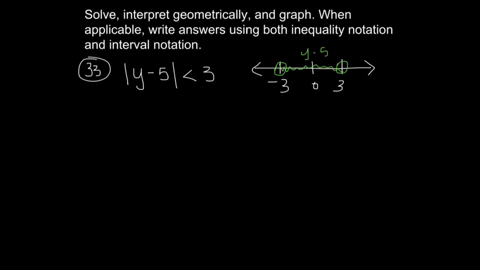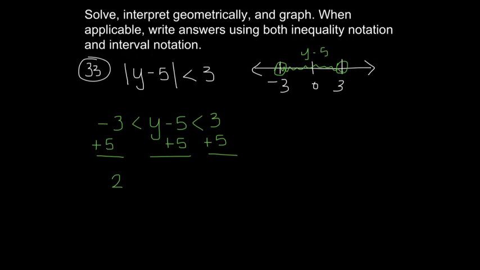To set this up as an inequality, this tells me that negative 3 has to be less than y minus 5, and y minus 5 has to be less than positive 3. So y minus 5 has to be between negative 3 and positive 3. If I solve this compound inequality, I would add the 5 to all 3 sections. Add 5, add 5, add 5. Negative 3 plus 5 is 2, is less than y, which is less than 8. This time I'm talking about solutions that are between the numbers 2 and 8. So anything that's a number between 2 and 8, not including 2 and 8, is a solution to my original